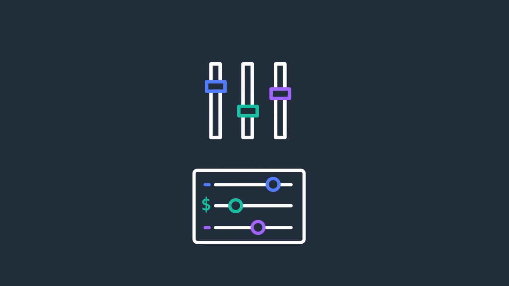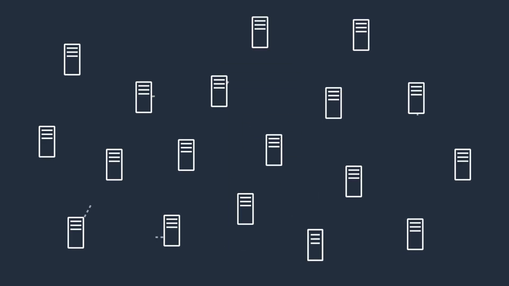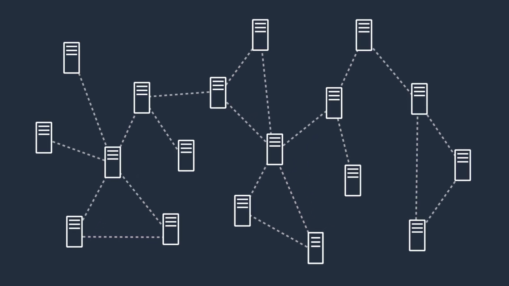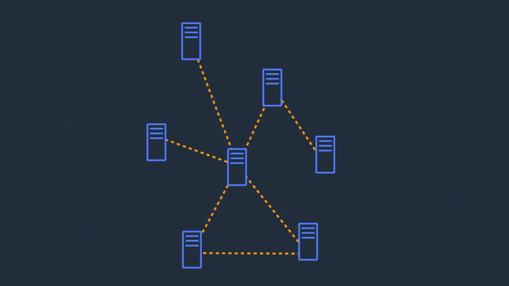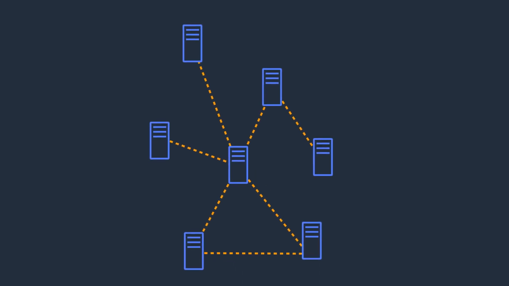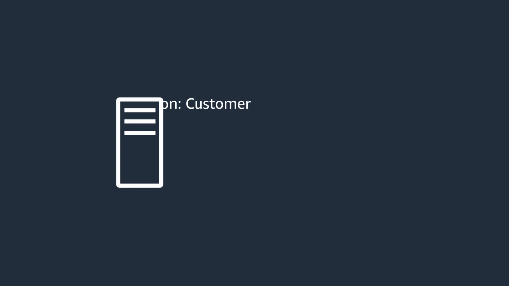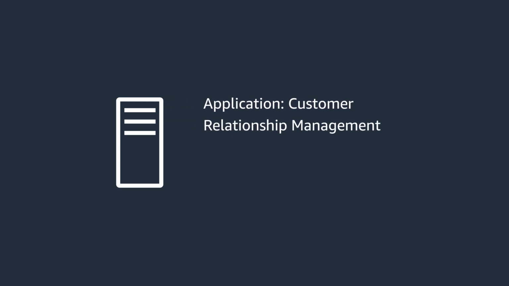Next, use this collected data to get a bird's-eye view of your environment using AWS Migration Hub's server dependency mapping feature. Use these network graphs to see how your servers communicate, group them into applications, and identify which applications are early candidates for migration. You can also perform a deeper inspection of a server to identify the role of the server,